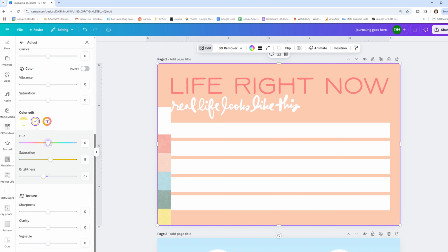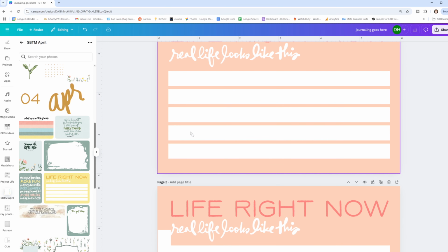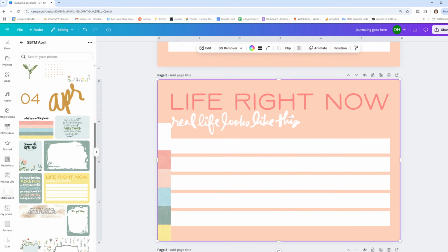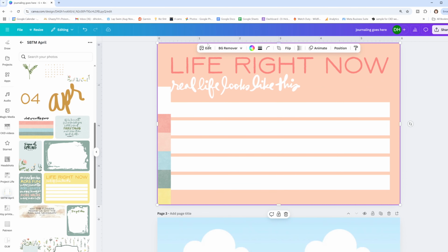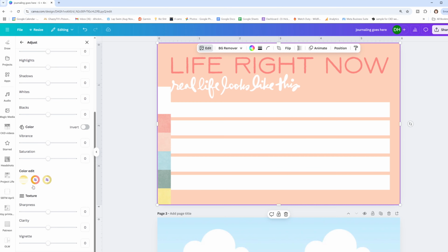Now that is fairly close to this. Let's see if I can just get it a little bit brighter. Oh, look at that. That is great. What I'm going to do, I'm going to duplicate it. I'm going to take that off so that I remember before I save it and print it. So that's one way you can do it, using the edit and the adjust, scrolling down and using these little